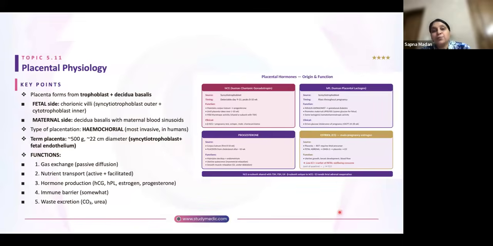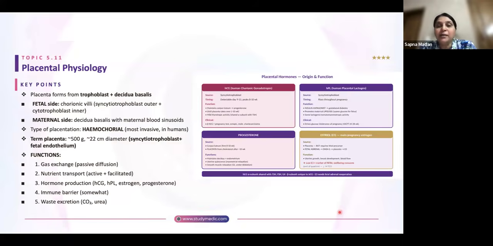So HCG is produced by the syncytiotrophoblast. It is detectable by 9 to 11 weeks, and it peaks at around 8 to 10 weeks. It maintains the corpus luteum, which is producing progesterone, until the placenta will take over at around 10 weeks. And there is mild thyrotropic activity because the HCG shares its alpha subunit with TSH. That is why in the first trimester, there is transient hyperthyroidism, because the HCG alpha unit stimulates TSH, and therefore certain